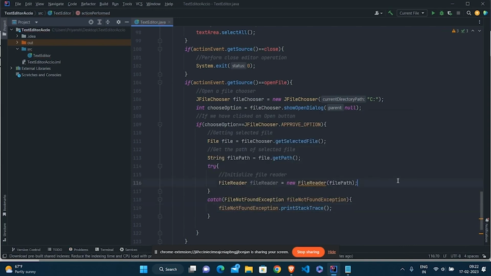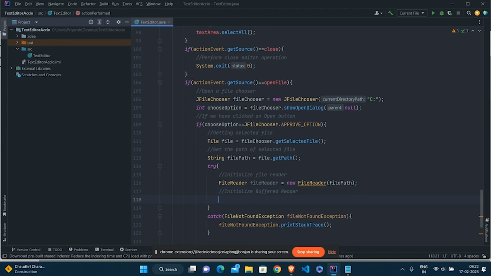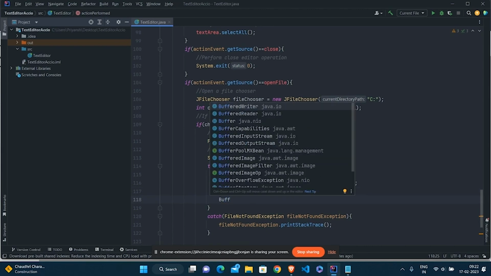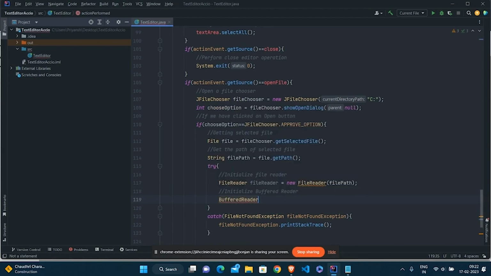Okay. Now we need to initialize a buffered reader. Buffered reader is basically like a scanner class. But what we are doing is, using buffered reader, we are going to read the contents of that file. This will be initialized using the file reader we have created.